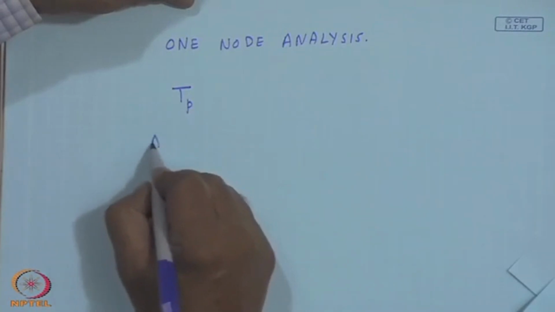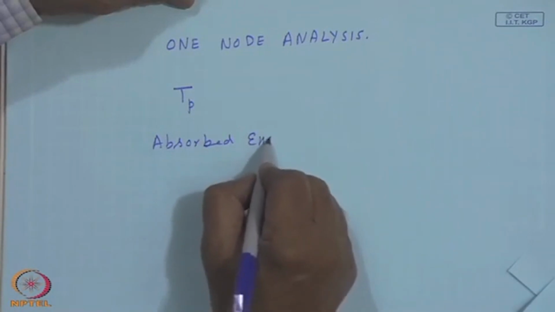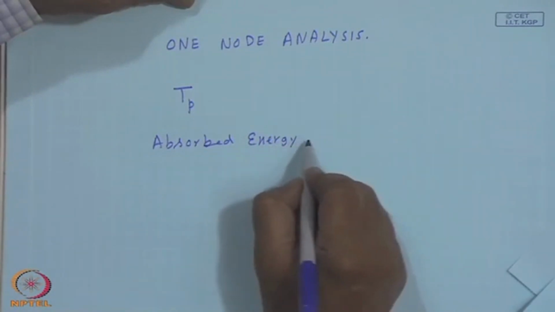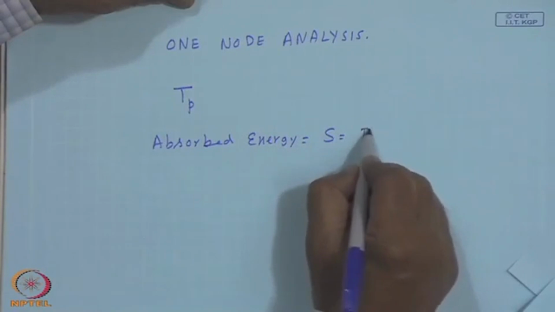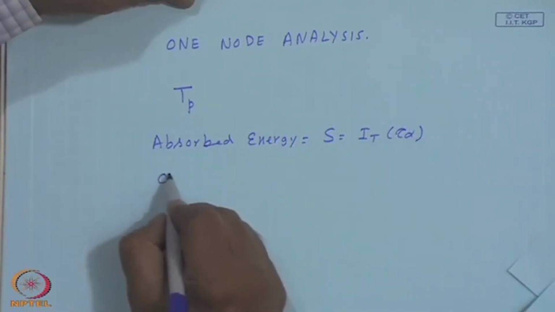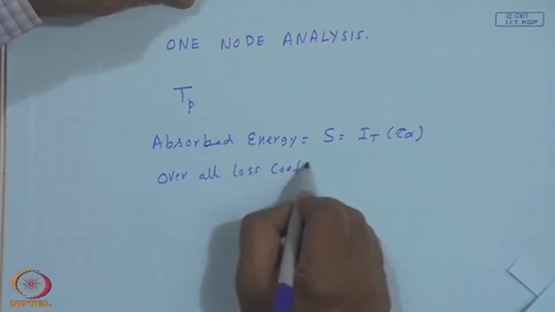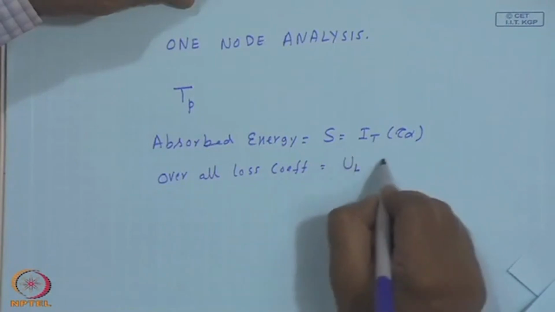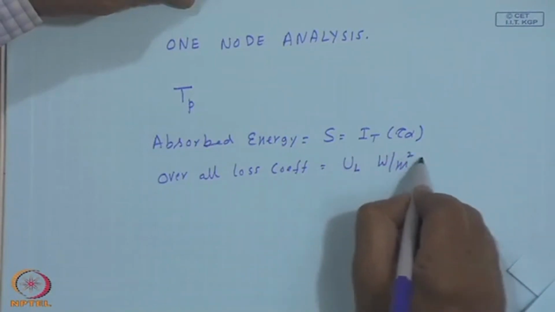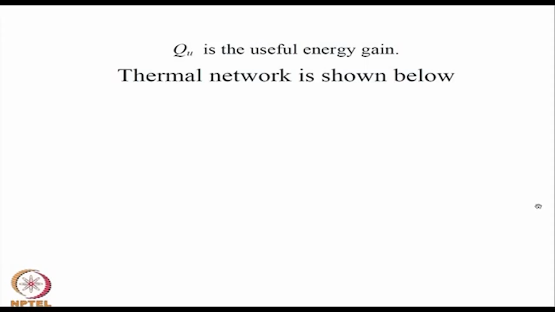Then the absorbed energy is S equal to I t tau alpha, and of course, the overall loss coefficient U L watts per meter square degree centigrade. So, Q u